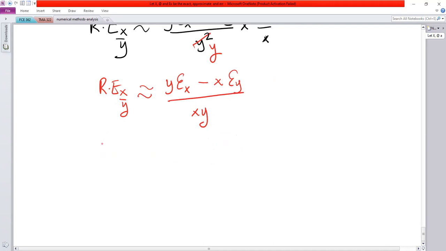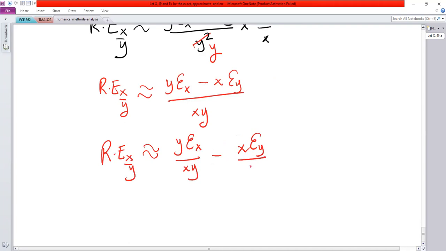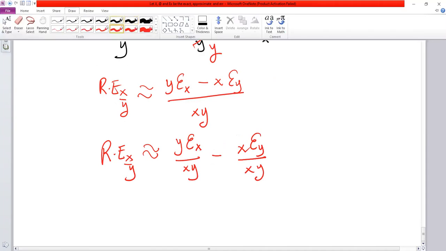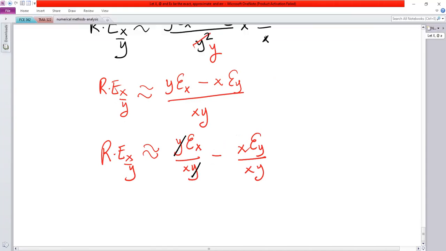This can be written as the relative error in x over y approximately y error in x over xy minus x error in y over xy. So y and y cancel out, x and x cancel out,